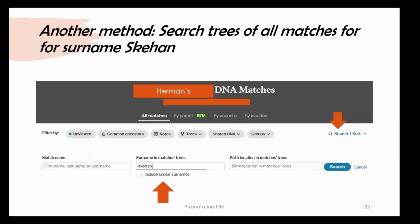Now, a second method that we used with Herman. So the first method wasn't really that successful. So sometimes it works and sometimes it doesn't. So we used a second method. And the second method is searching your DNA matches. You can see I have the orange arrow over here on the right by the box that says search. When you click on that, it opens up this new search box here. And in the middle box, it says surname and matches trees. So this is where I would put Skian,